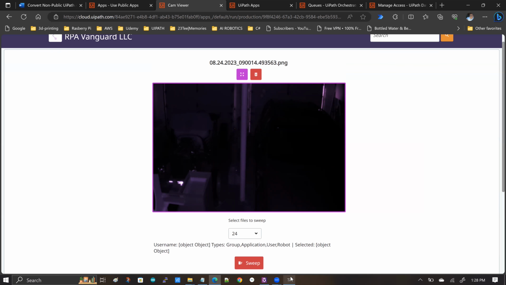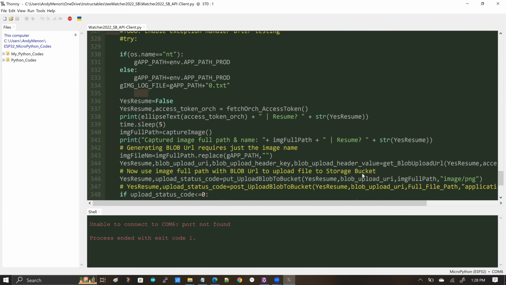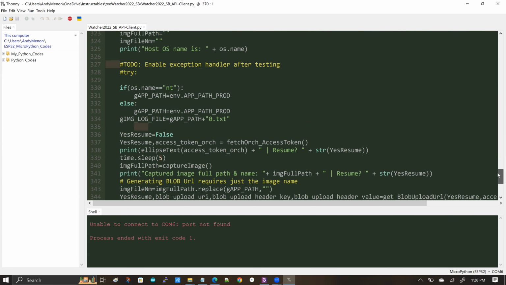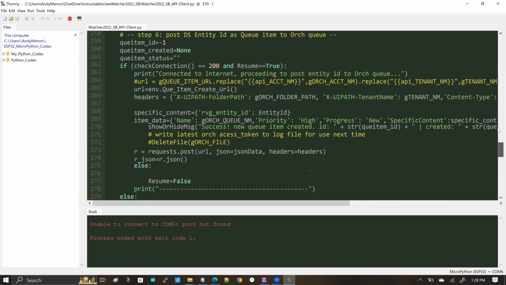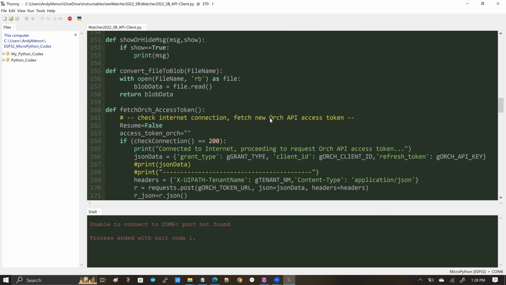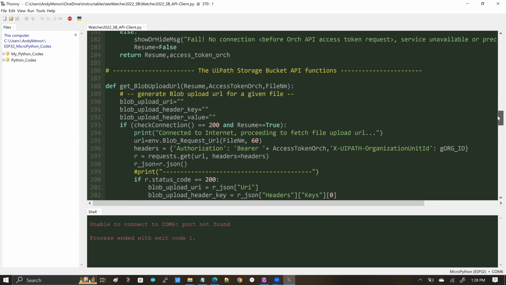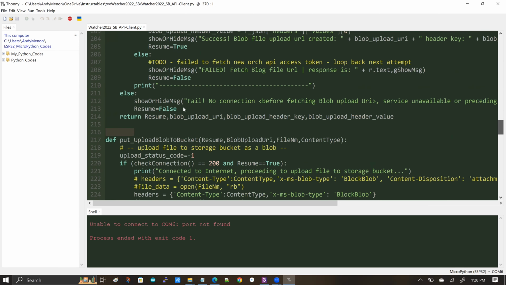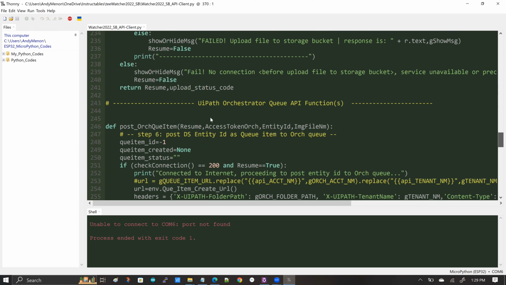So here is the script. I'm just going to breeze through it. This is the Python script, and this is running on the Raspberry Pi. I'm just going to go through some highlights here. If we go all the way up top, you see there is the UiPath storage bucket API functions, and above that is the function to get the Orchestrator APIs, and then it uses that to generate an upload URL for the storage bucket, and in the next step it uploads the file to the storage bucket, and then it also posts an item to the